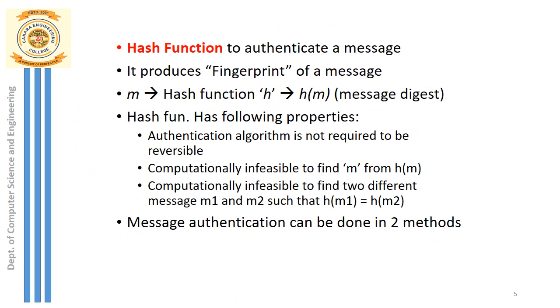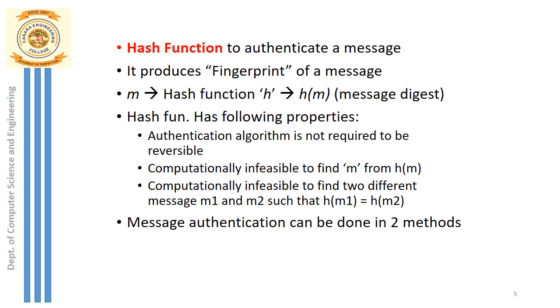A common technique for authenticating a message is to implement a hash function, which is used to produce the fingerprint of a message. That means the output of the hash function is the fingerprint of the message, which is used for authenticating the message sent by the sender. The hash value is added at the end of the message before transmission. The receiver recomputes the hash value from the received message and compares it to the received hash value. If the two hash values are the same, the message was not altered during the transmission.